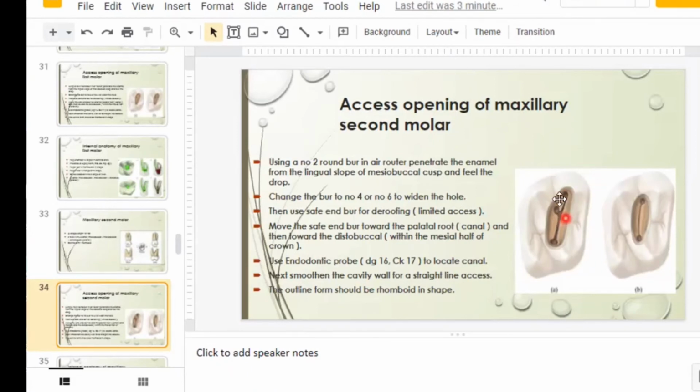Okay, if you see here, this is the buccal marginal groove. If you have a 3 canal pattern, your distobuccal will be distal to this one, or on the line, or a little bit distal. If you have a 2 canal pattern, it is on the line or mesial. So if you locate your canal on the line or mesial, then there can be a possibility of a 2 canal pattern, or else it will be a 3 canal pattern.